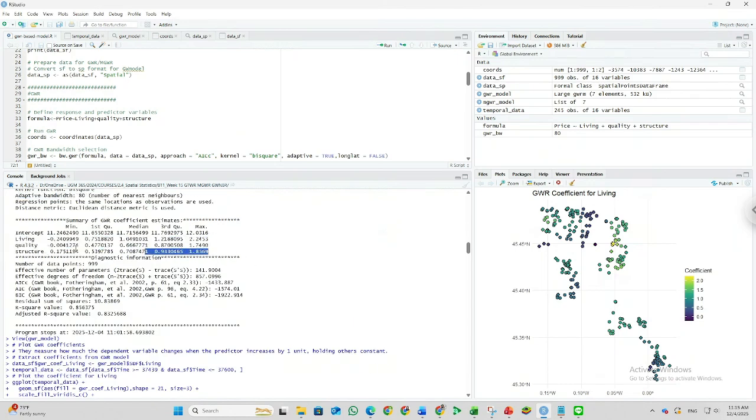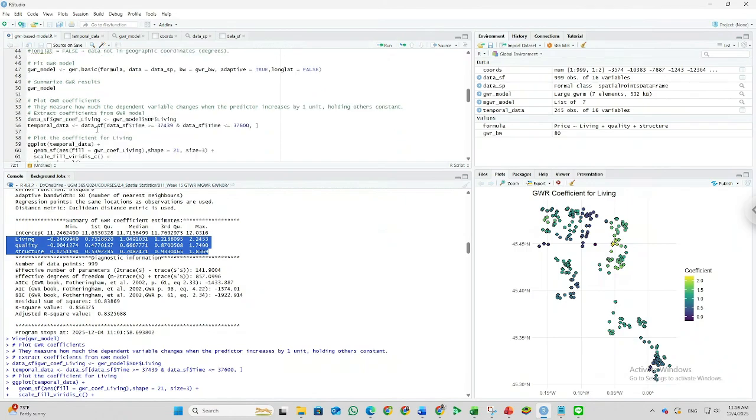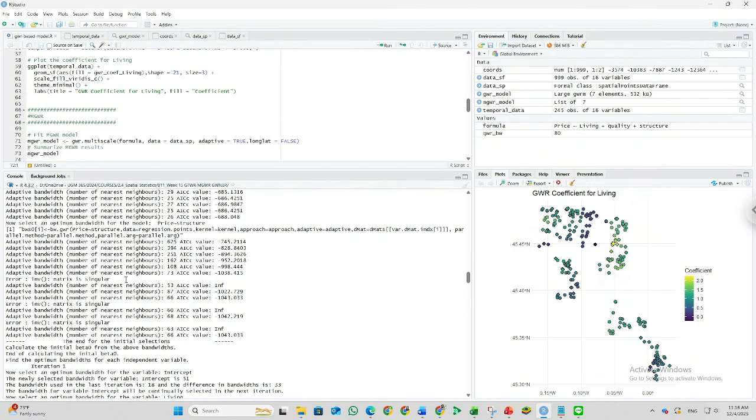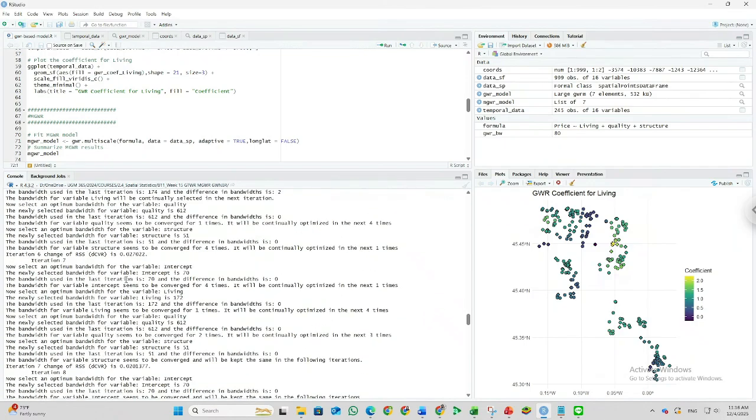So all independent variables in here have the same bandwidth. The value is 80. But in the MGWR, because it is multi-scale, we have multiple bandwidths.